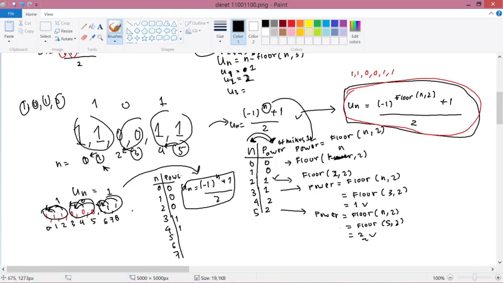Power of minus 1. So if we have n, we need power of minus 1. The power of this minus 1 is 5. So 6 we need the power of 1 is 2, and 7 is 2, and 8 is 2. Again,